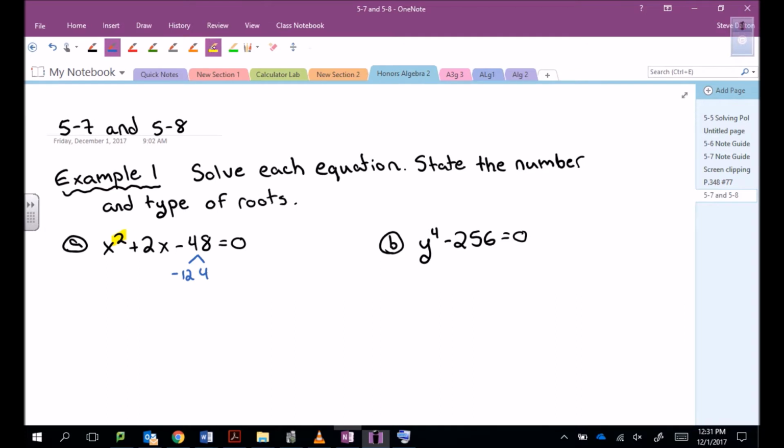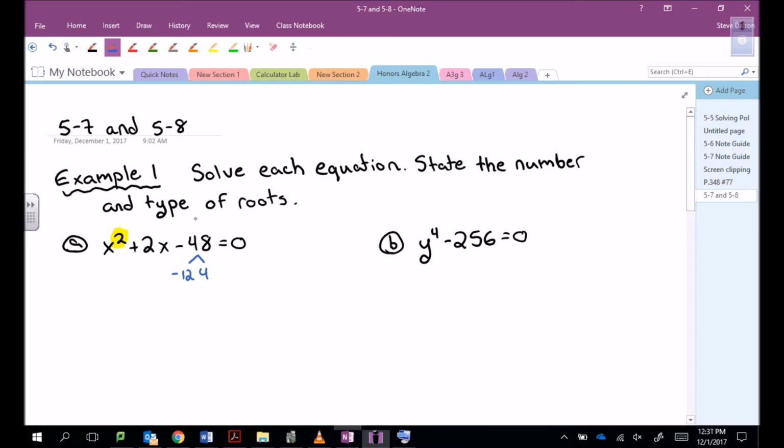Now, a reminder is, whatever the power is, in this case whatever the degree, so degree 2, means that it's got to have two answers. It could be two real answers, could be two imaginary answers, but when we solve it, you should get two answers. Okay, so if we were going to factor this like we started to here,